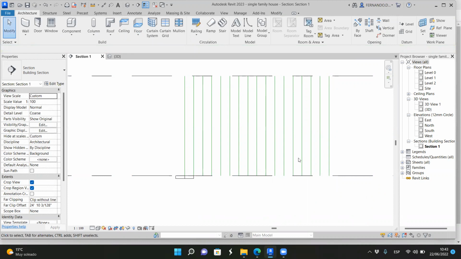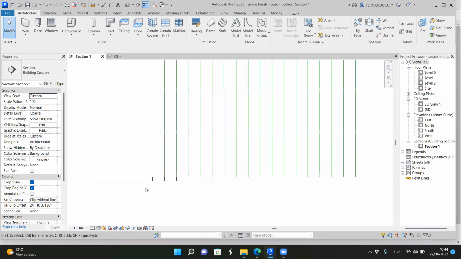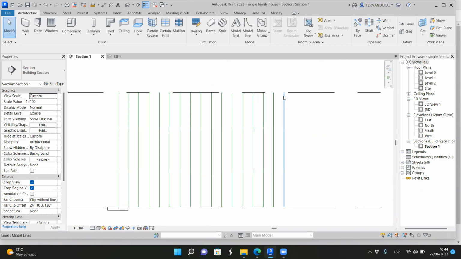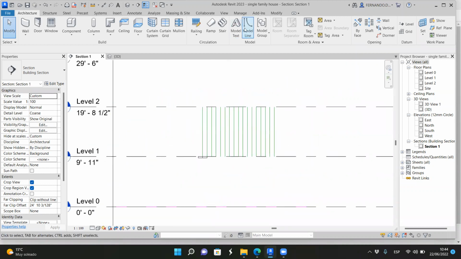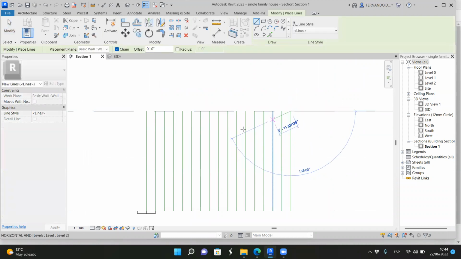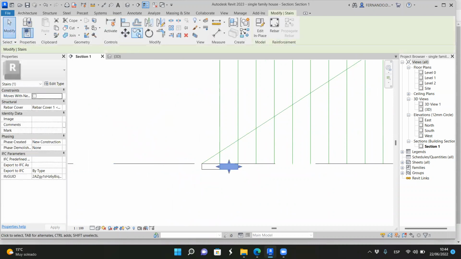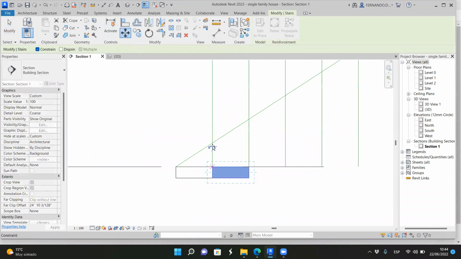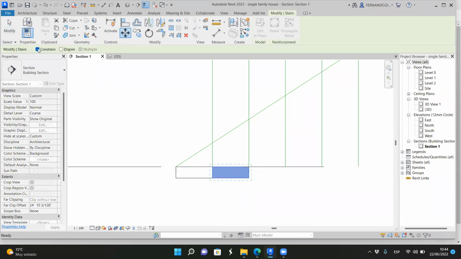So if I want to create 17 steps, I need to draw a line with the slope from the first point, and the first point is on level 2. So I'm going to model this line here, and then I have to go one module beyond the first step right here. And at the intersections of these lines, remove constraint, and then can I move it? Remove constraint,